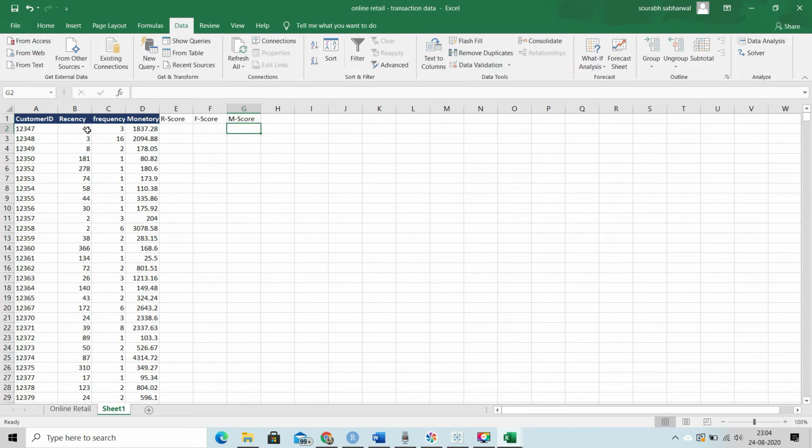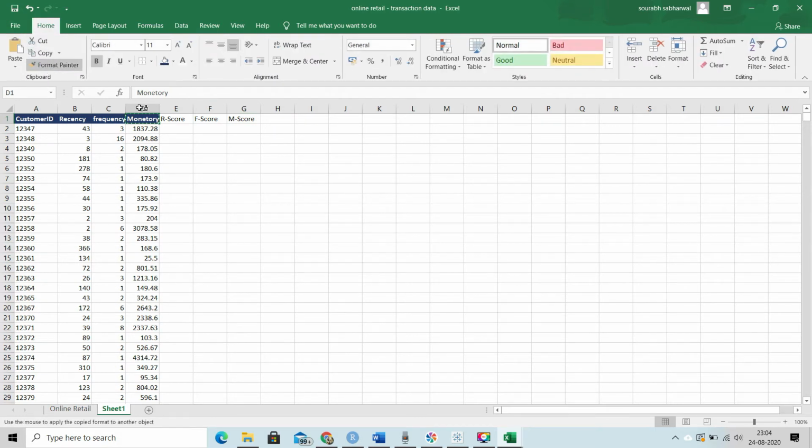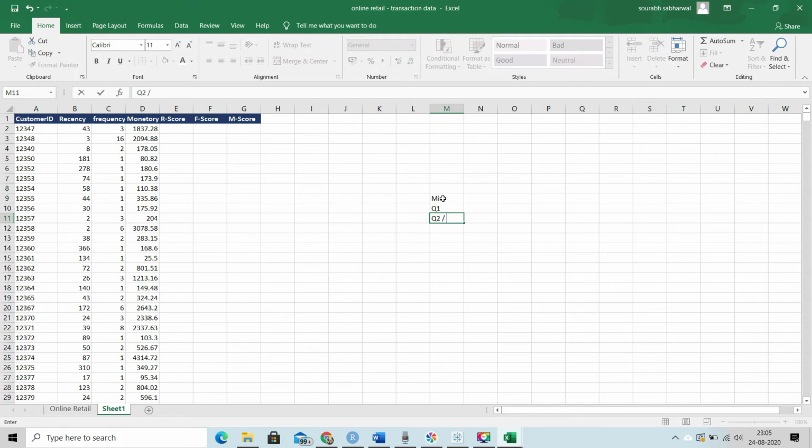There are different methods. One which we'll be applying here is the quartile method, basically finding minimum, quartile 1, quartile 2, quartile 3, and the maximum. And based on those values, we will give a score to each attribute, that is frequency, recency, and monetary. So let's find out all these values.